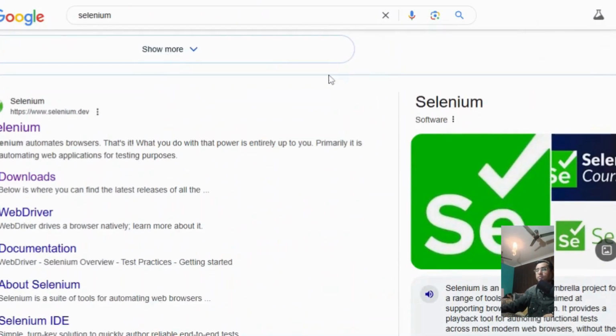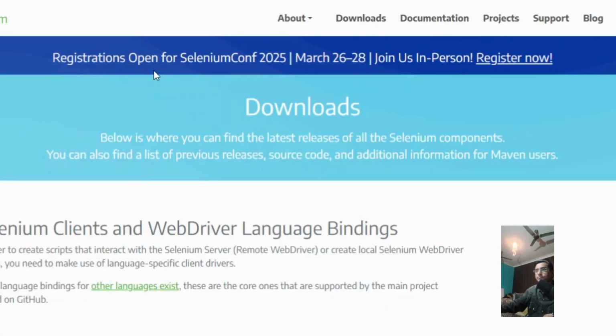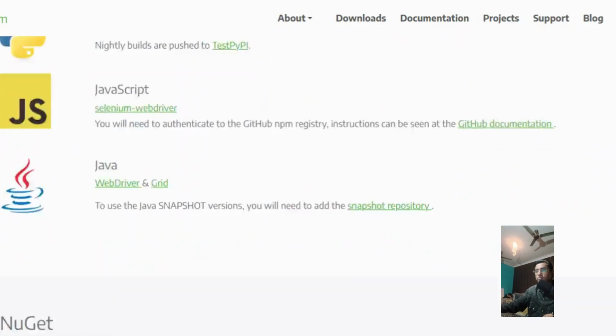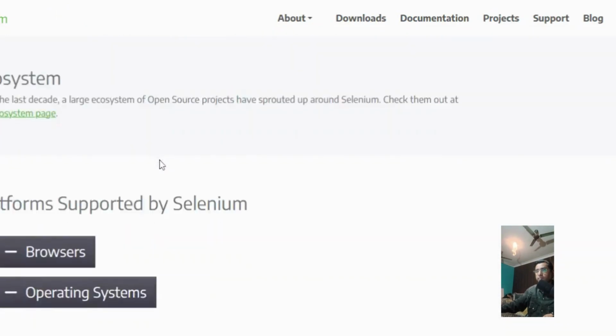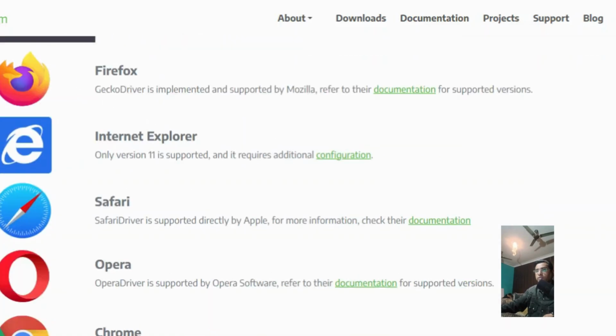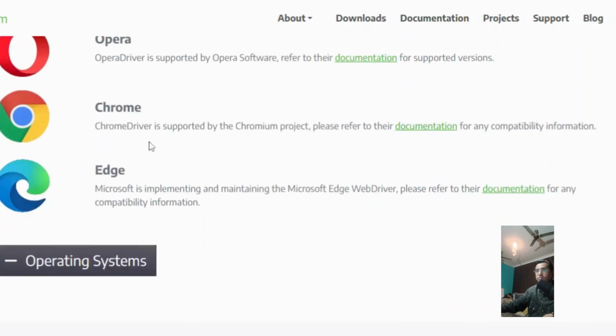You can go there and click on downloads, and scroll a little down to find browsers. You can expand it. Now you see Firefox has Gecko driver, Internet Explorer has its own way, but we are interested in Chrome right now. So click on documentation,